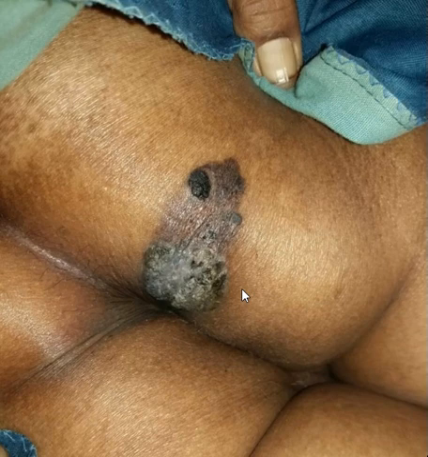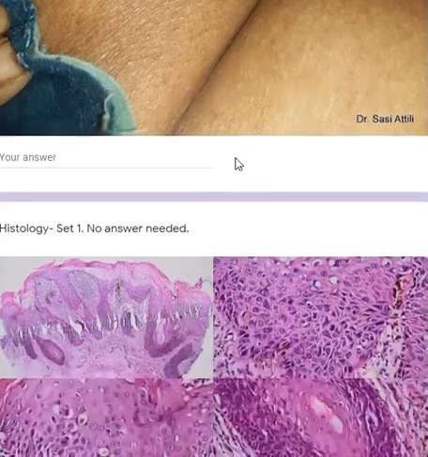at least pre-malignant. The size is probably a bit too large for benign seborrheic keratosis, which, if you're seeing just this lesion, you may suspect. But this is quite a large lesion. All right. So, what does the histology show?